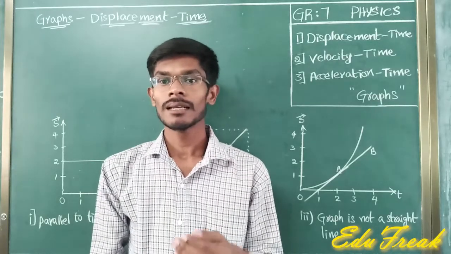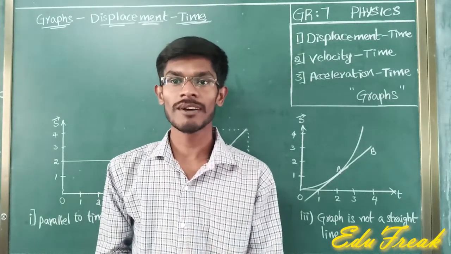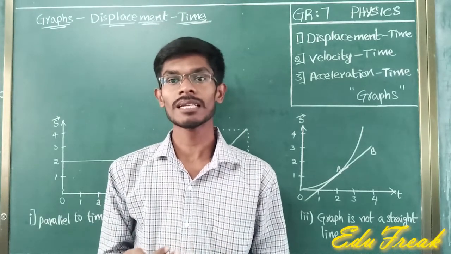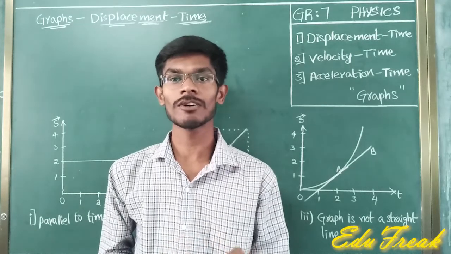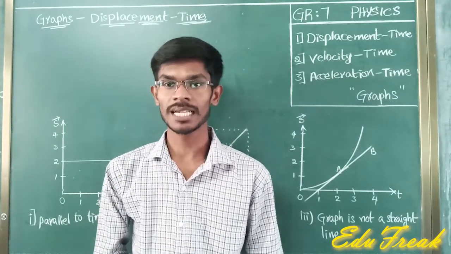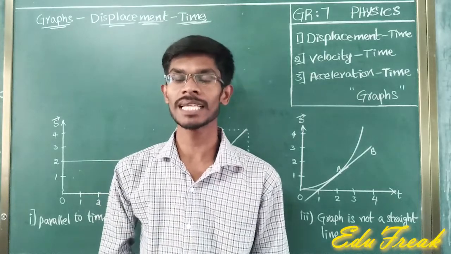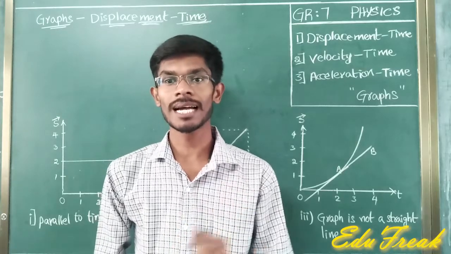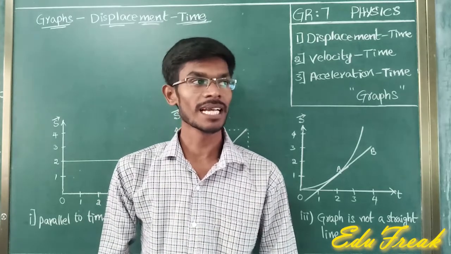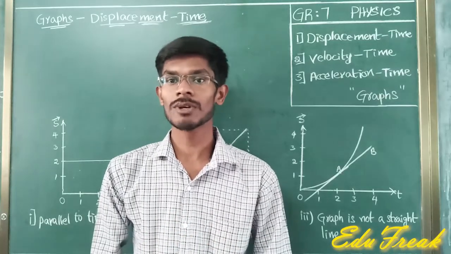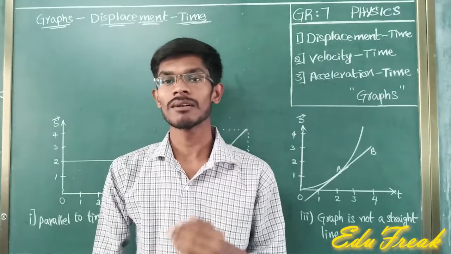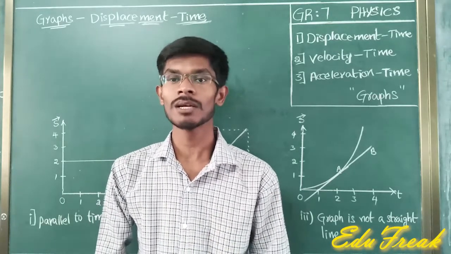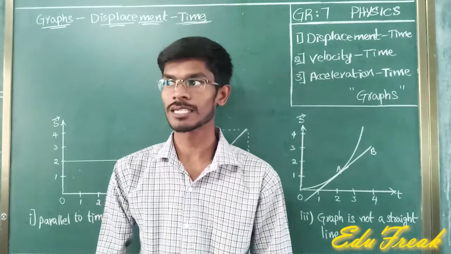So here in kinematics, what is the role of graphs? See, if we are using graphs, then it is very easy to find out the motion of the object, or the linear motion of the object, very clearly. So what quantities will we consider to draw a graph? In kinematics, we have distance, displacement, velocity and acceleration. These are the main quantities we will deal with.